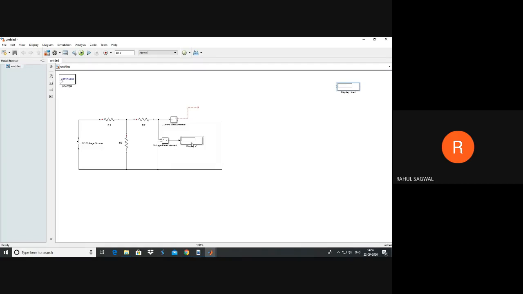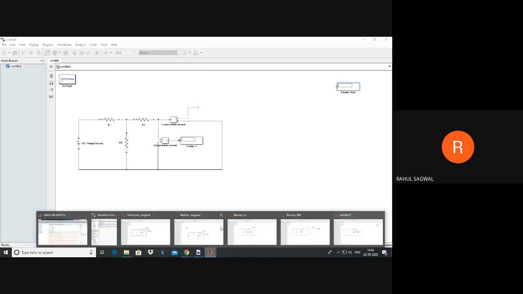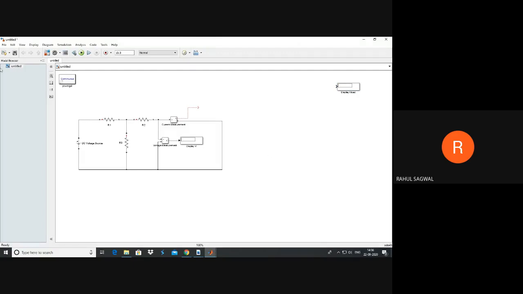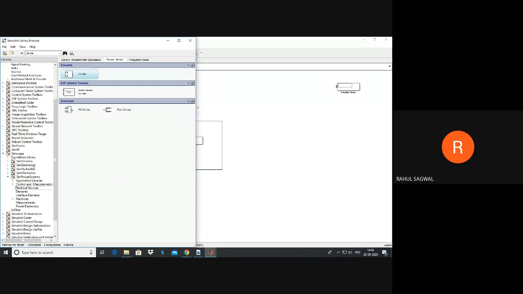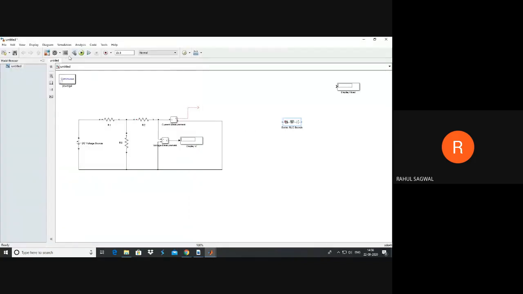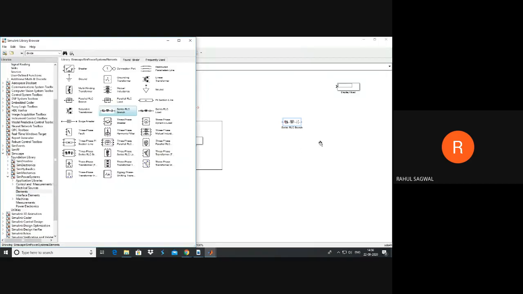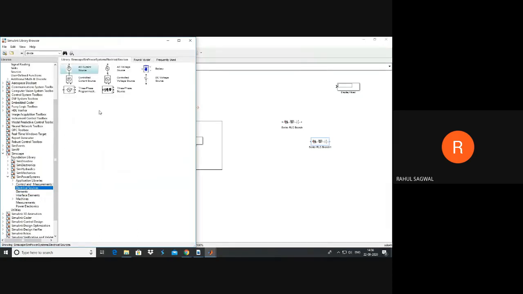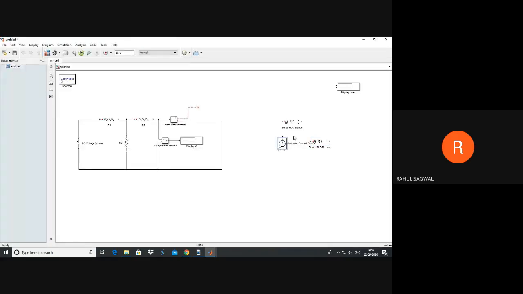So you need to feed this into our equivalent circuit, right? For creating a Norton equivalent circuit, you need to add certain elements first. So a series branch, that will be for branch resistance. This one will be for load resistance. Next we need to add a source. In case of Thevenin, we added a controlled voltage source, but here in case of Norton, we need to add a controlled current source, right? Because Norton's equivalent circuit is somewhat like a parallel circuit.